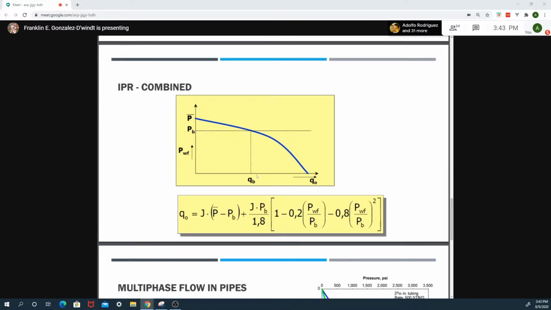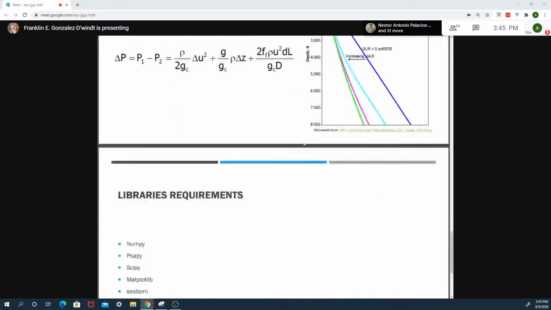That's all that I have for you, and this part is just to frame what we are going to be talking about today. It's going to be very basic. It's one of the first sessions, just a way to build the IPR. And also we're going to build the pressure traverse and do some exercises using some